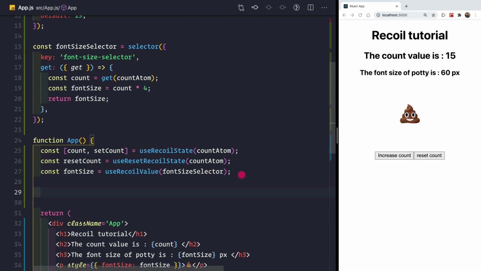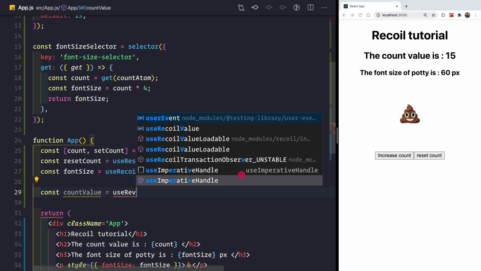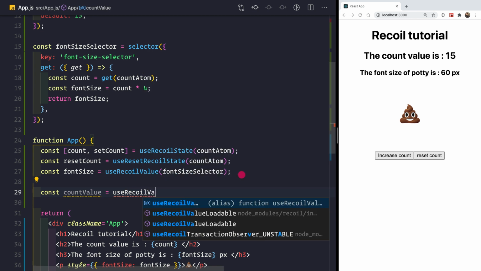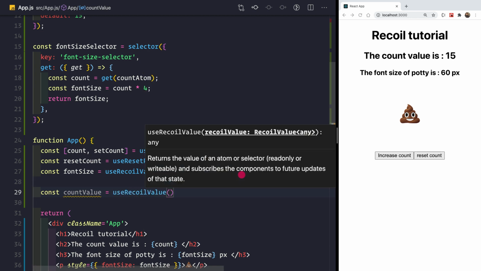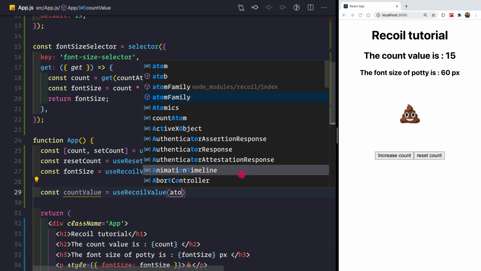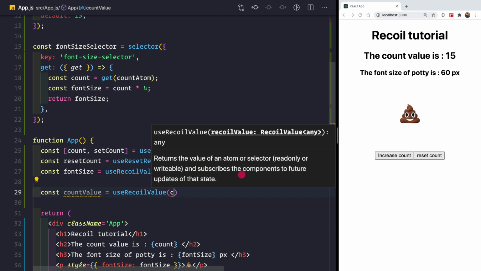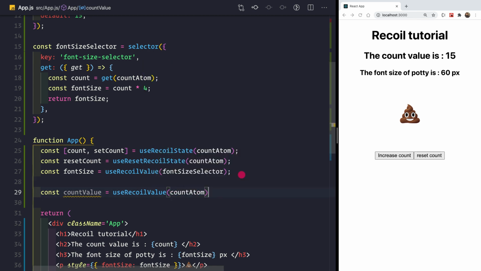This can be done in any of the components. So here we can say const countValue equal to useRecoilValue like this. And here we simply need to pass in our atom, countAtom it is called. So countAtom like this.